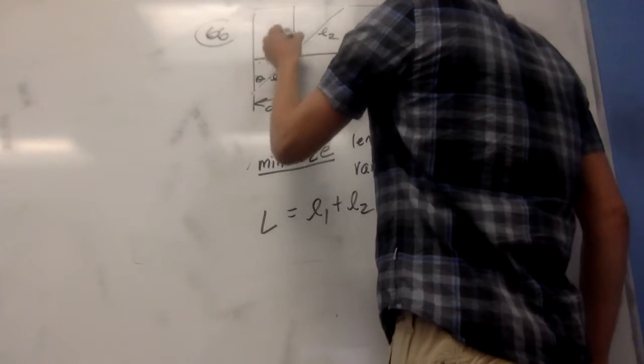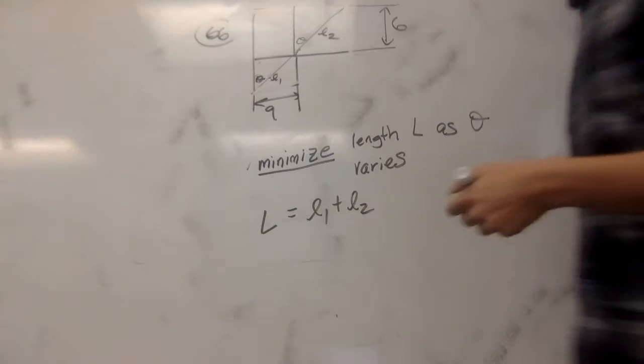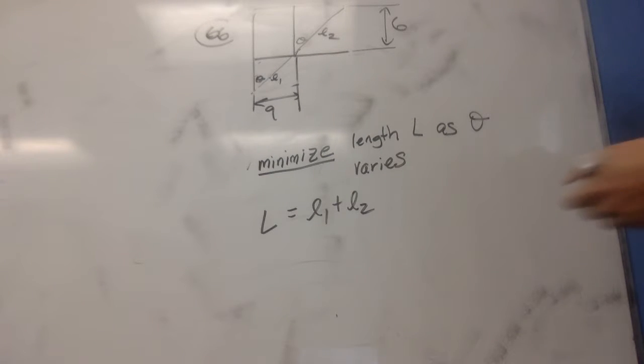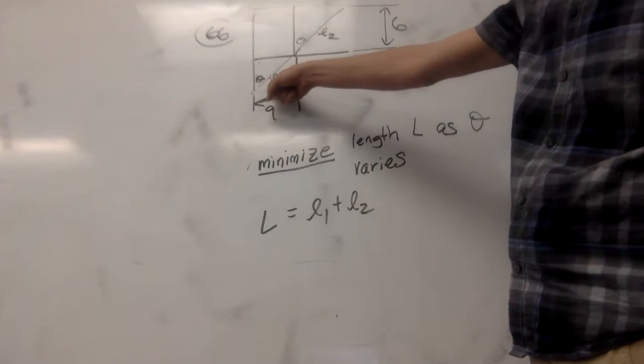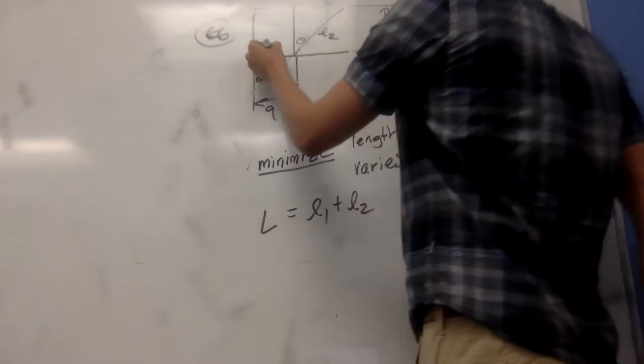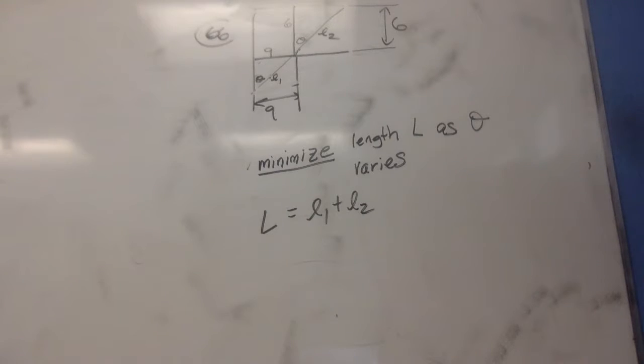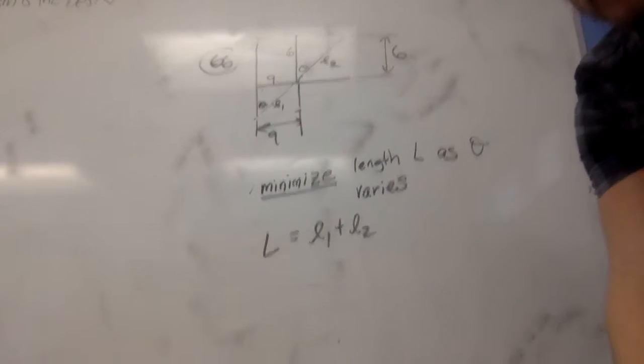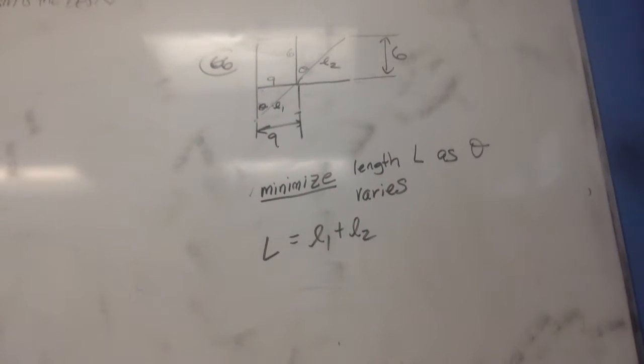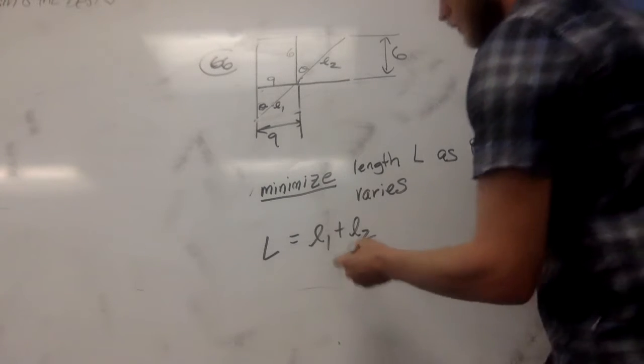That's the angle theta. That's also the angle theta. They're equal angles over there. So now we can use some good old SOHCAHTOA to figure out a formula for L1 in terms of some numbers we know. We know this is 9 and we know this is 6. So there's your geometry trick. Now we got something like a good setup here. So L1,